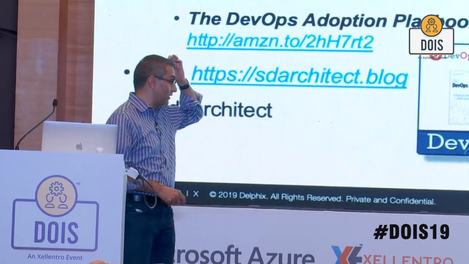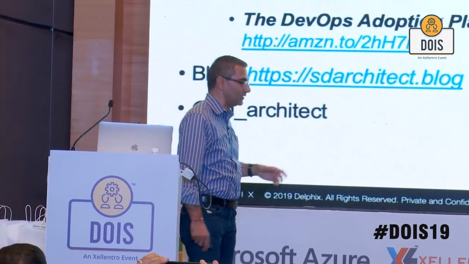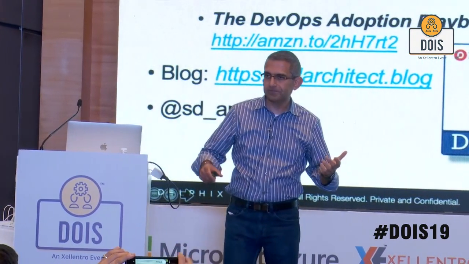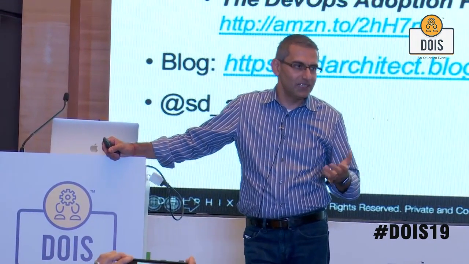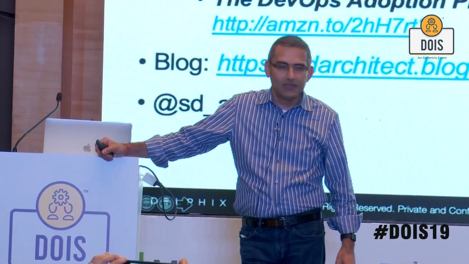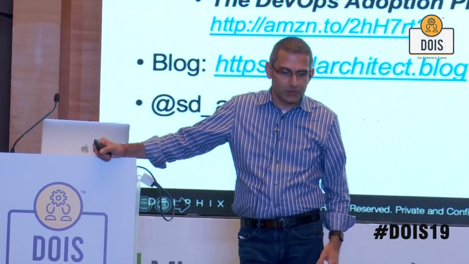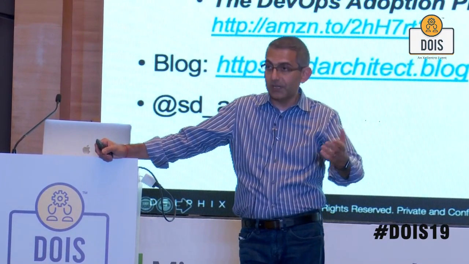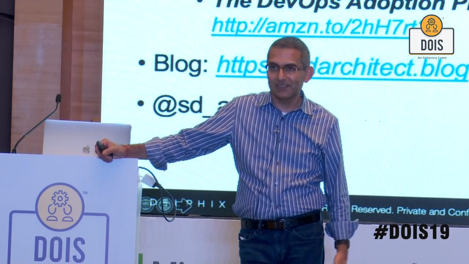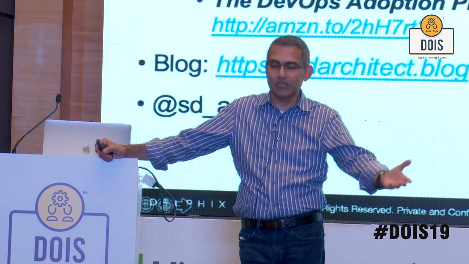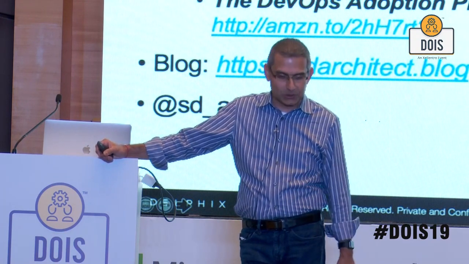So I've been around. My name is Sanjeev Sharma. I work for Delphix. I'm from India originally, in case you hadn't guessed that. But I've been in the US for most of my life. I've been in the IT industry for a very long time, and used to work for IBM. Most of the IBM folks here, I know them extremely well. Rosalind will be speaking next. She's one of my mentors. So I'm looking forward to her talk also.